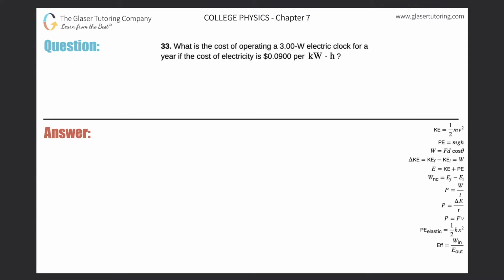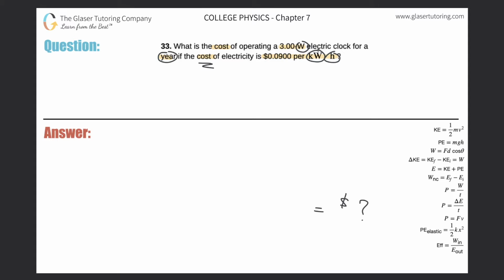Number 33. What is the cost of operating a 3-watt electric clock for a year if the cost of electricity is $0.09 per kilowatt hour? All right. So first thing is, start with what we need to calculate. We need to calculate the cost. What that means is that I want to find my final answer in terms of dollars. Okay, some dollar value. Notice all the other units must have canceled, meaning my years must have canceled, the watts,